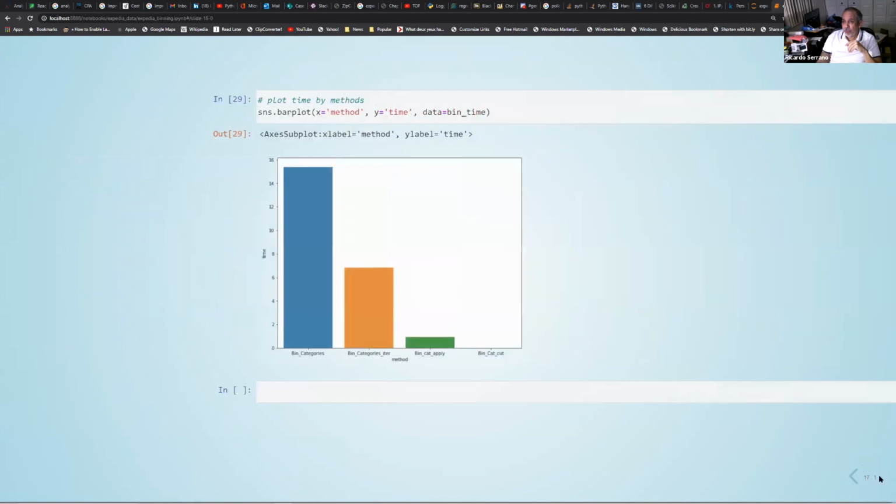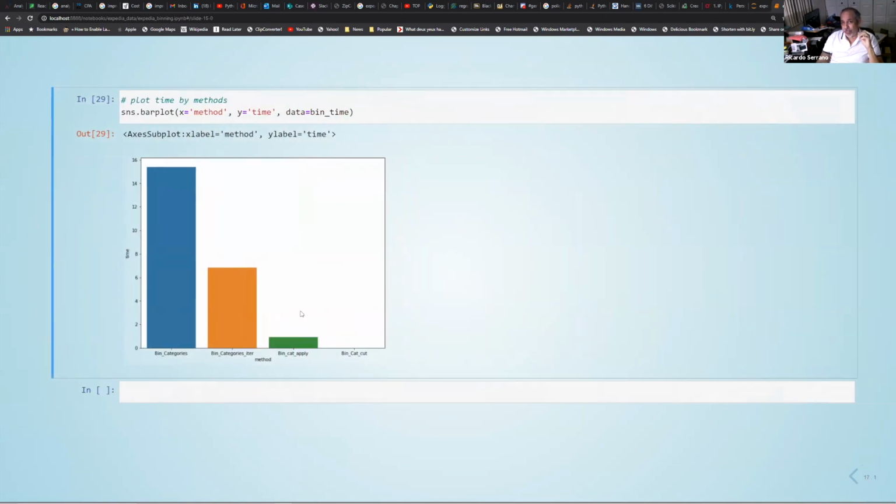So to give you the conclusion of this talk, you can see in this bar chart how each of the methods compares with the execution time. As you can see, method number 1 is the laggard, basically around 15 seconds for 4 million rows.